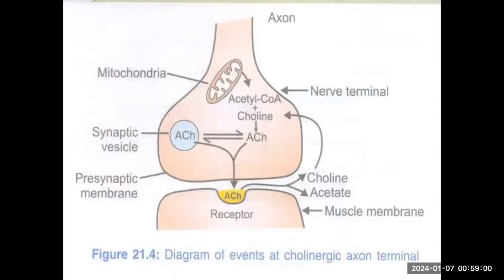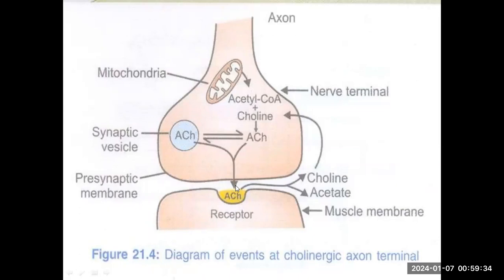You can look right here. This shows the whole process in the form of a diagram. This is the axon, and there is a mitochondria in there. In the mitochondria, the acetyl coenzyme A comes out, binds to the choline and makes acetylcholine. The acetylcholine is present in the synaptic vesicle. You can see right here, it's present in the synaptic vesicle. This acetylcholine then goes and binds to the